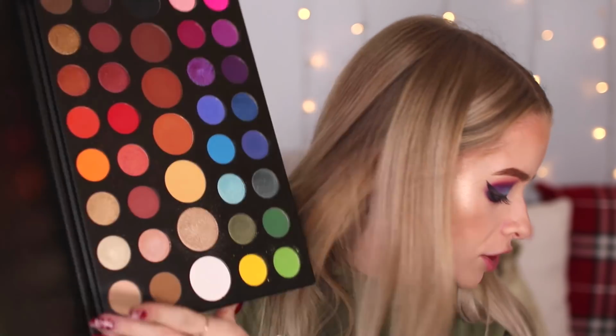Oh, I really don't want to put eyeshadow on my lips, but I'm gonna have to. For my lips, oh, what am I gonna use? I've got a bit of lip balm on at the moment, but I want to do a nude shade, but there isn't really like a nude in here unless I use this. Should we give it a go? Ew. Actually, you know what? I'm going to use this shade here, which is like a peachy nude. It's an eyeshadow. This is called Mary, and I'm going to just...